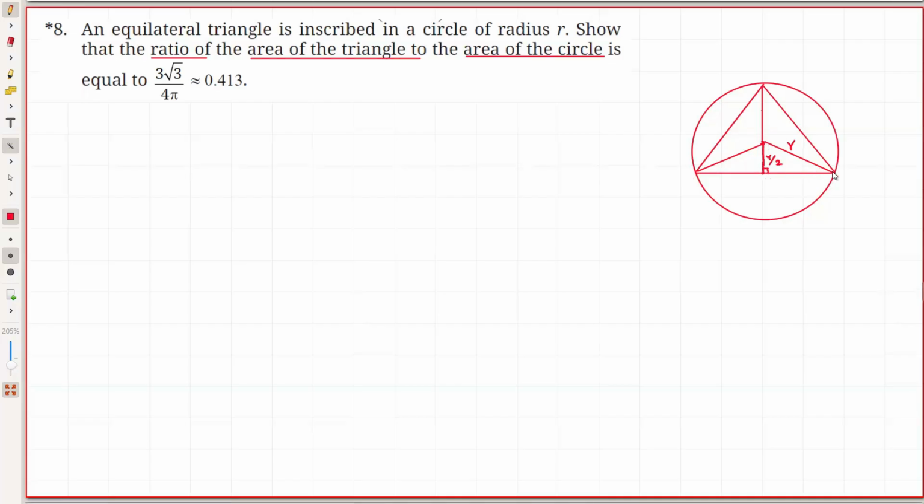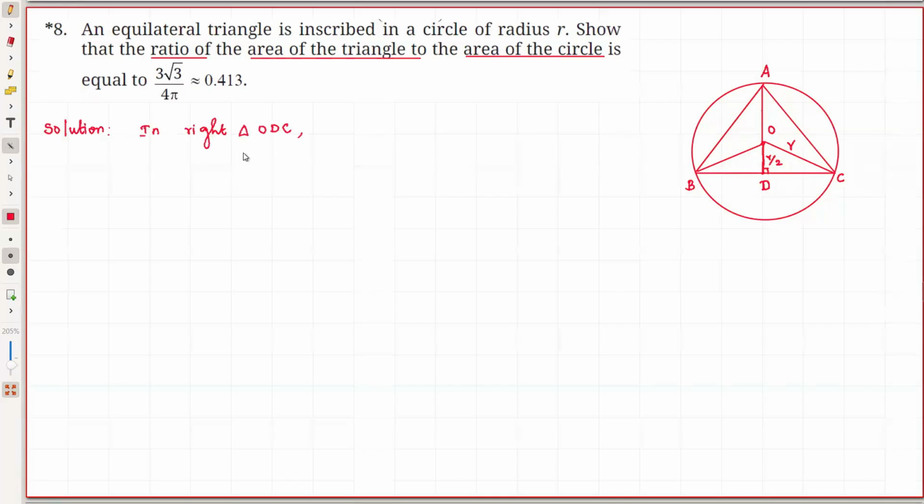That means we'll apply the Pythagoras theorem for this. We'll get this side, and two times this will give us the side of the triangle. After finding the side of the triangle we can use the formula. So first you have to find the side of the triangle. Let me name this A, this B and this C, triangle ABC. I'm taking the center as O and this point as D. So in the right angle triangle ODC,